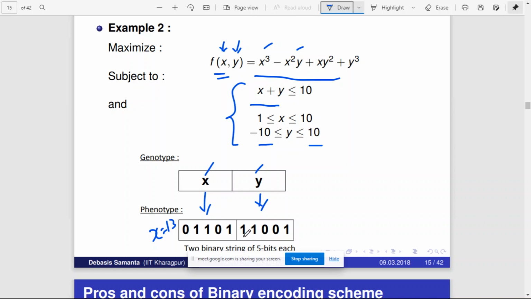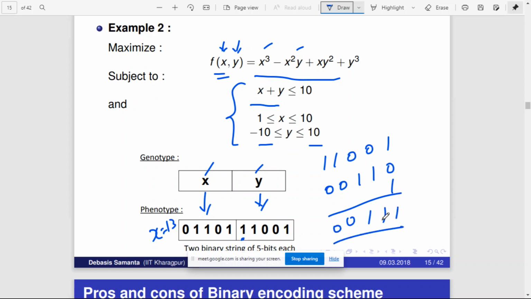Y, you can see, is a negative number. It may take negative values also. So I think this is represented in 2's complement. So again you take the 2's complement of this. 2's complement is nothing but adding 1 to the 1's complement. So take the 1's complement, that is, convert all 1's to zeros and all zeros to 1's. Again add 1 to that, that is nothing but the 2's complement. 0 plus 1, 1 1 1 0 0. Okay, so what is this value?